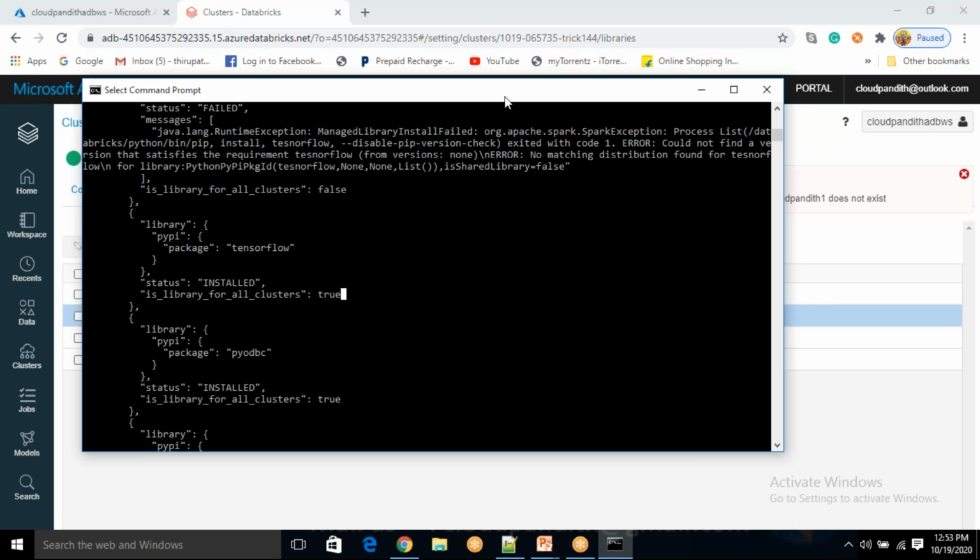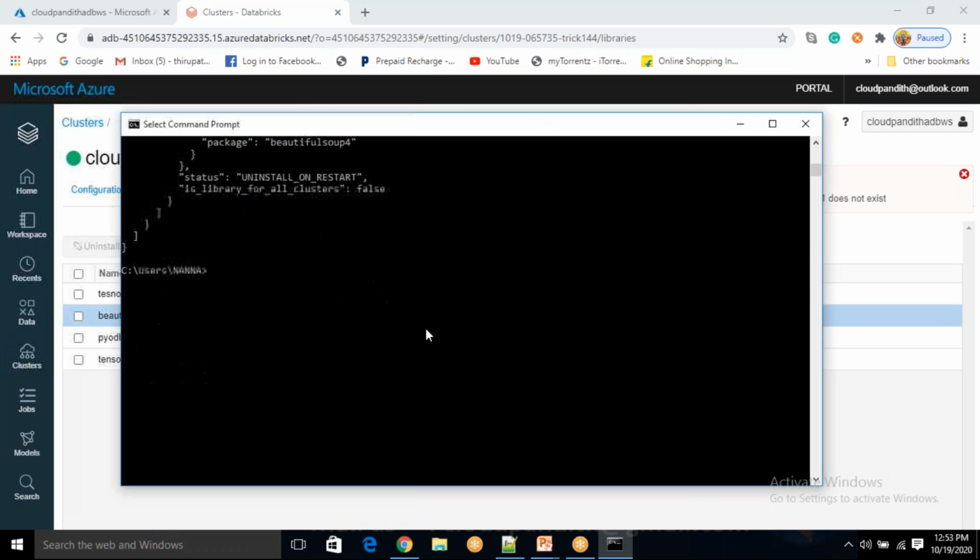Now instead of restarting the cluster, I want to permanently delete the cluster. So you know how to permanently delete, right? I will try to permanently delete this because I don't want this Databricks cluster. What you want to do is say permanent-delete with the cluster ID. What cluster do you want to delete? Cluster ID is,